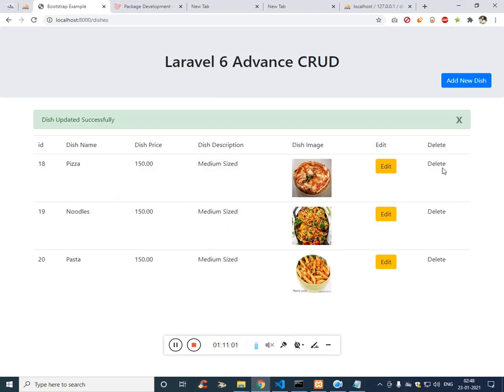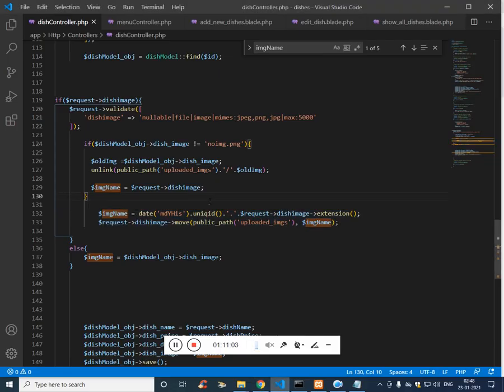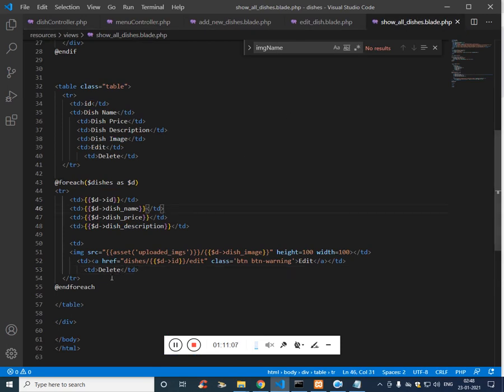Let's work on the delete. So on the index, here we have to do one thing. We have to create a form here. Why form? Because without form we cannot use the method. We need to use method. That's the reason why we are using form.